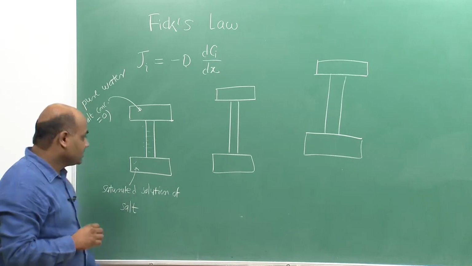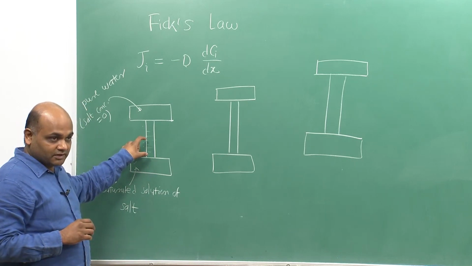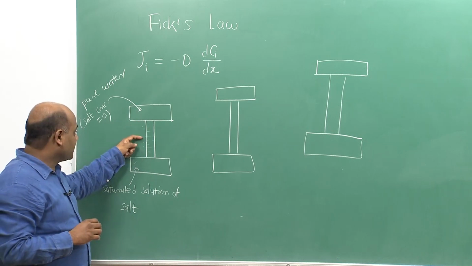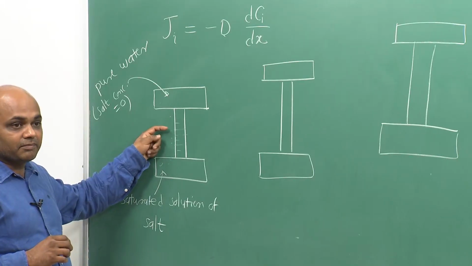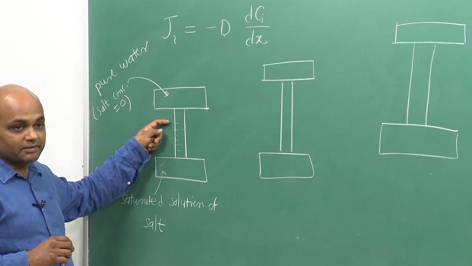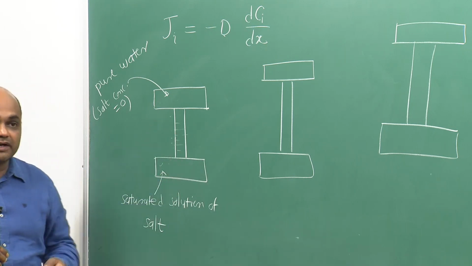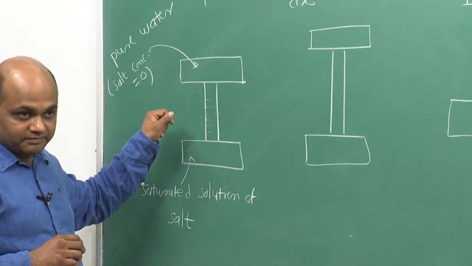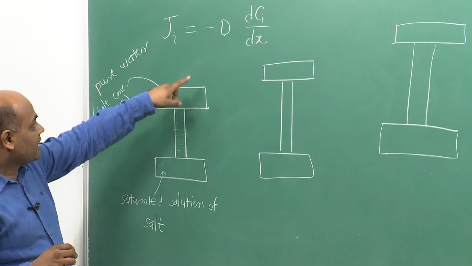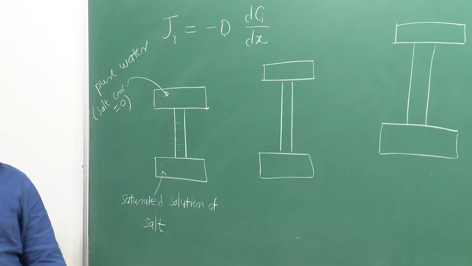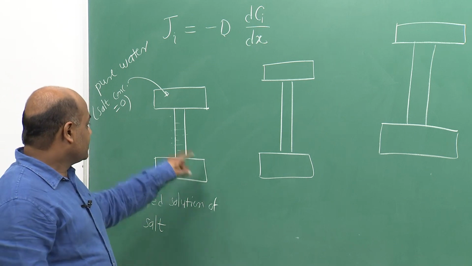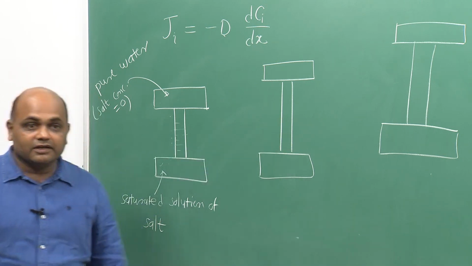Now, in steady state, the flux in a given setup should be constant at any plane, right, because at any plane the matter that enters into the plane should be equal to the matter that leaves that plane. So, that there is no accumulation or depletion of the matter in that plane, right. So, the flux should be constant, and from that we can determine this constant D, or in his notation K, he could determine the constant K, and he saw that this constant K was independent of the length of the tube,